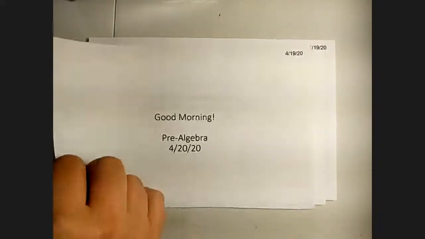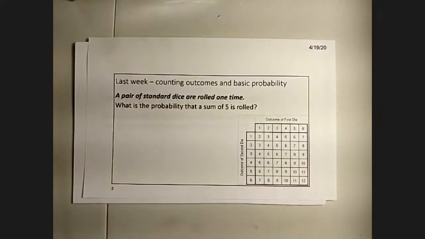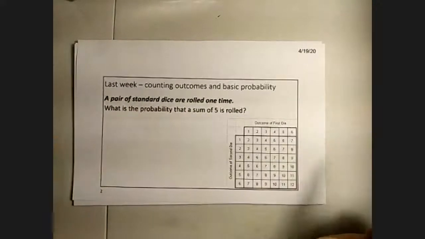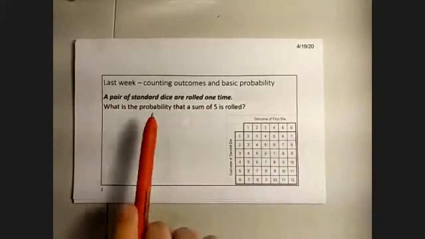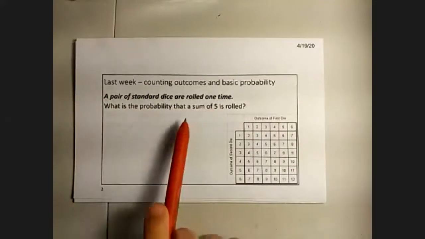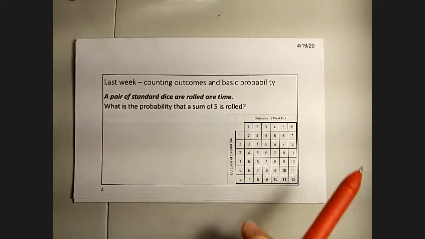So we're going to start with a review question from last week. This is something that people often struggle with, so I wanted to point this out a little bit. This says a pair of standard dice are rolled one time. What's the probability that a sum of 5 is rolled? So if you look at this chart,